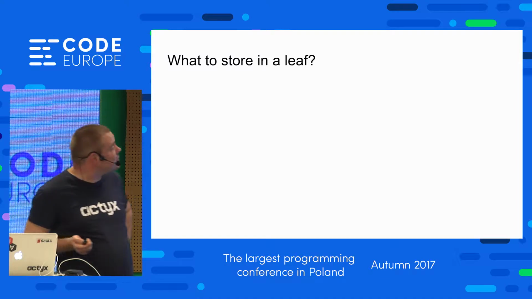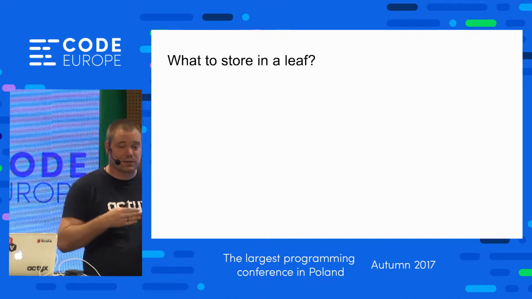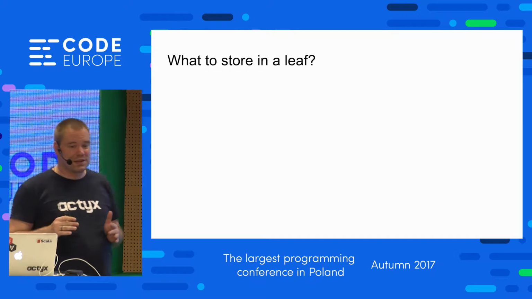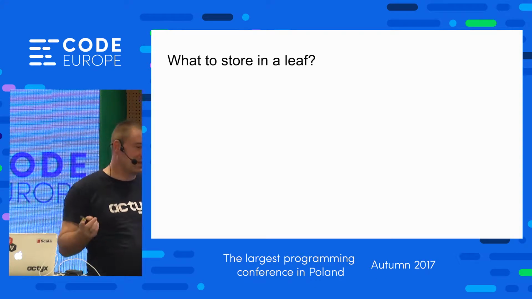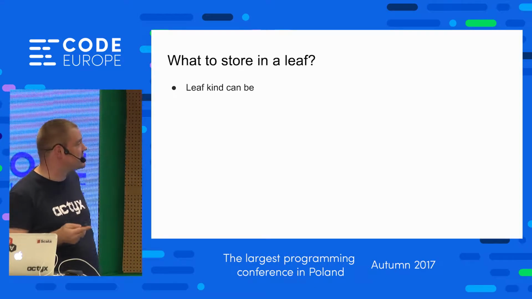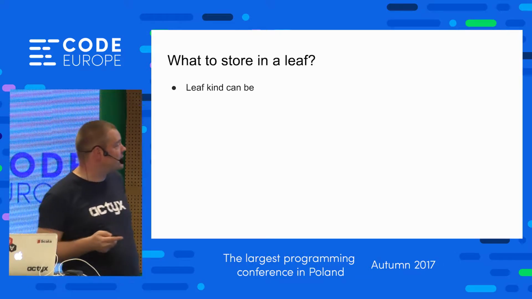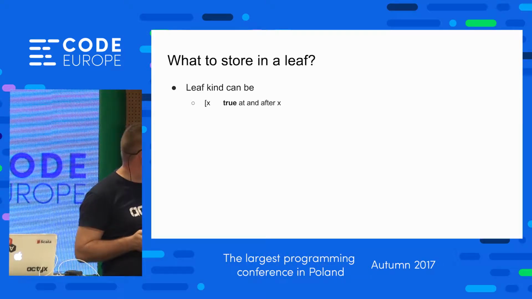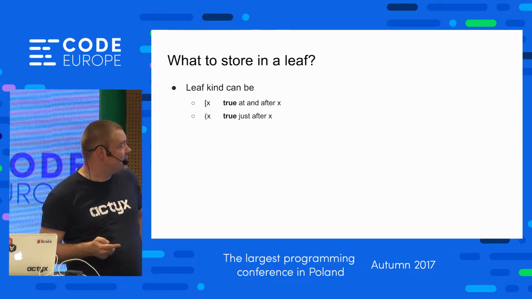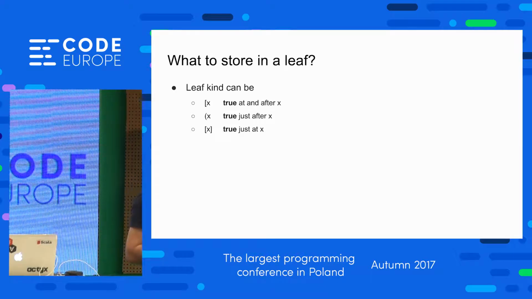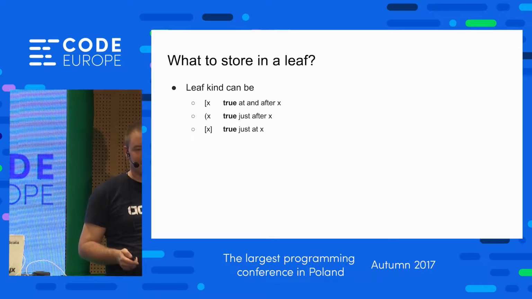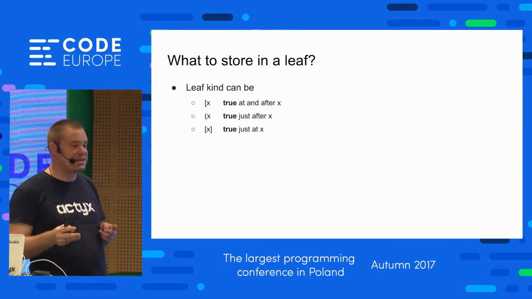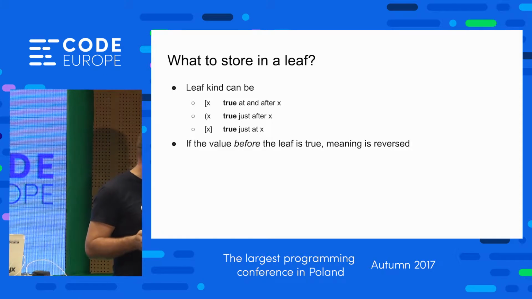So now we have the way to store the values. We are just going to use the tree. But now the interesting question is, what exactly do we store in a leaf? As we've seen in the previous case, there are 6 possible cases. So a leaf can start at a value, it can start after a value, and it can start and immediately end again. And now you might think that we need the other 3 cases as well, but it turns out that